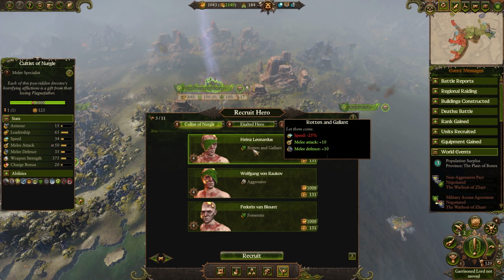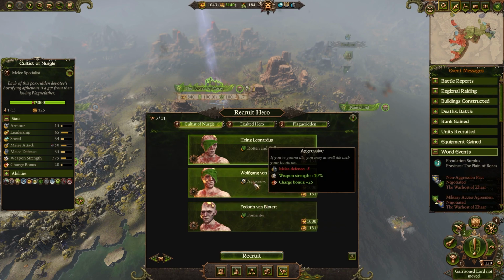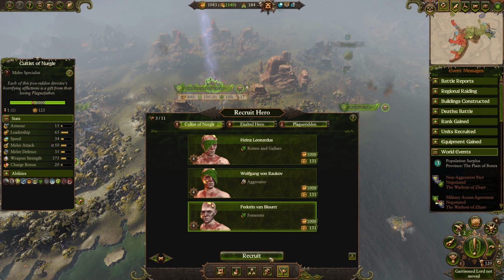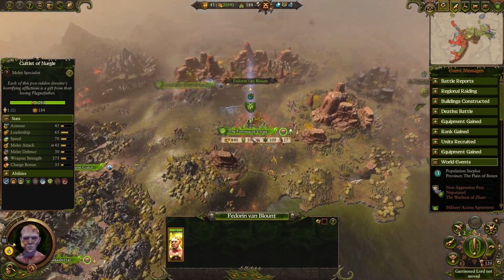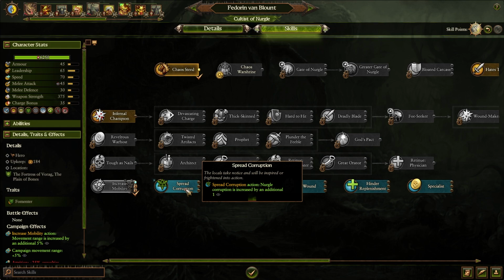Actually, let's see. If we recruit you, Heinz is rotten and gallant. Fomenter. He increases the attrition people take? That is evil. Unusually subtle. Yeah, sure, you're 1,000, but we can afford you. Welcome, Fedoran. We'll just have you increase mobility and...